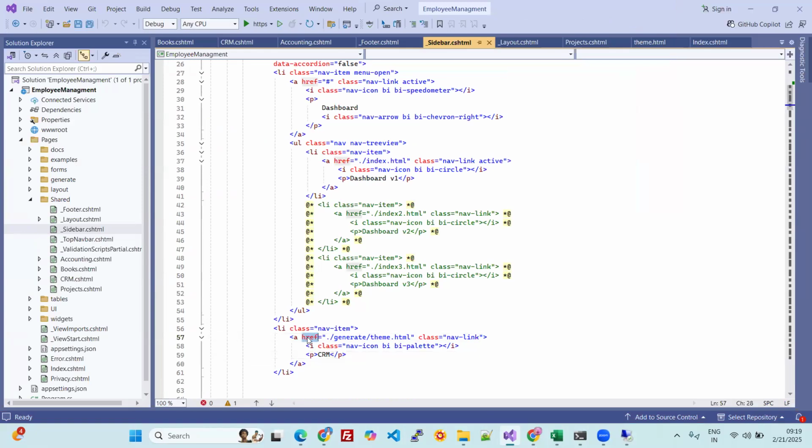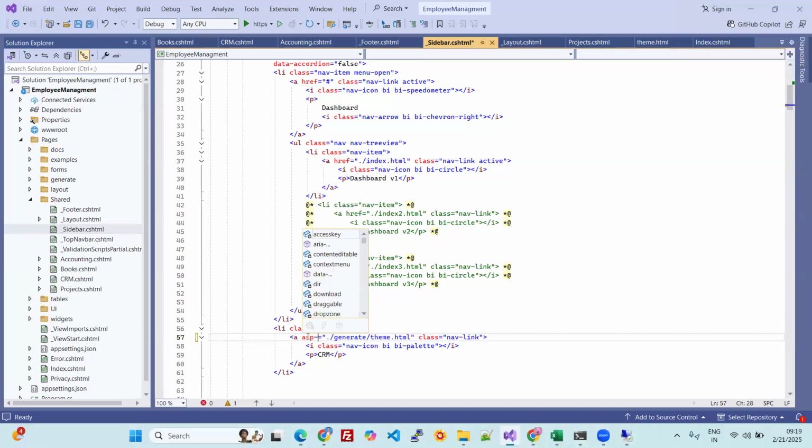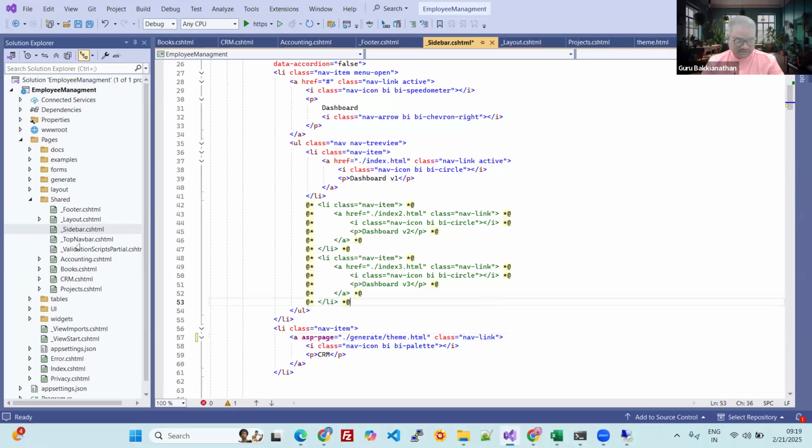Here you are using href. Yes, sir. But you should not use href. You should use asp-page, and you need to use the page name.